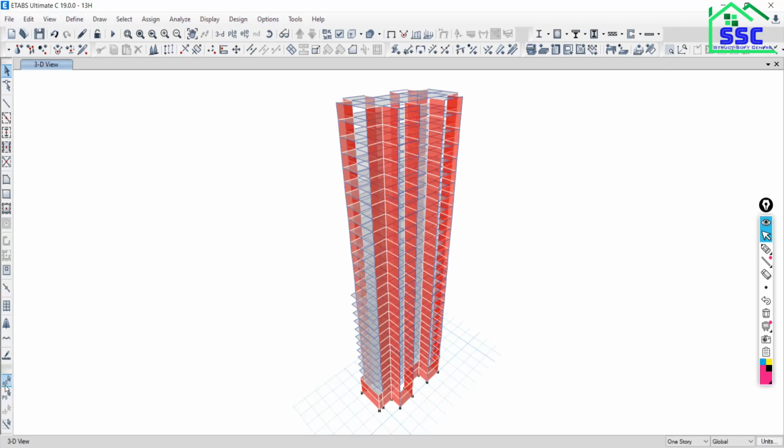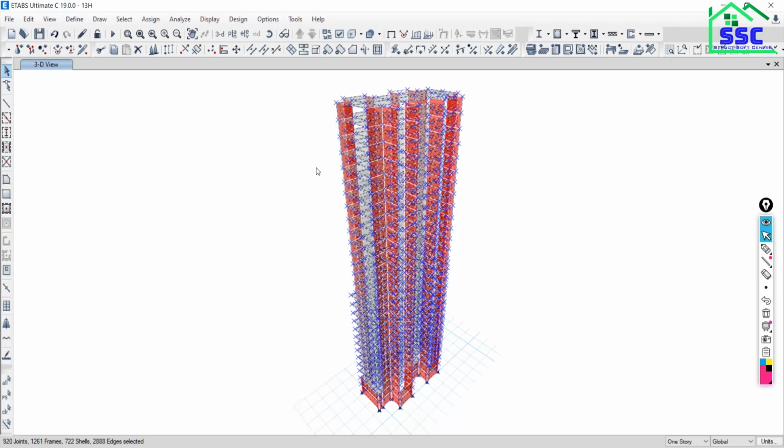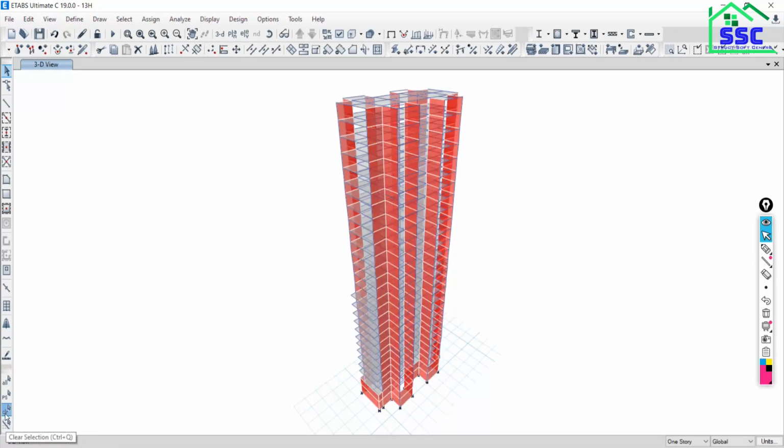So just click over this all. Hello. Just click over this all, so that all the structural elements, not only the column, not only the beams, not only the shear wall, all the structural elements will be selected. Hello, is it okay? If you want to clear all the selection, just click on clear.